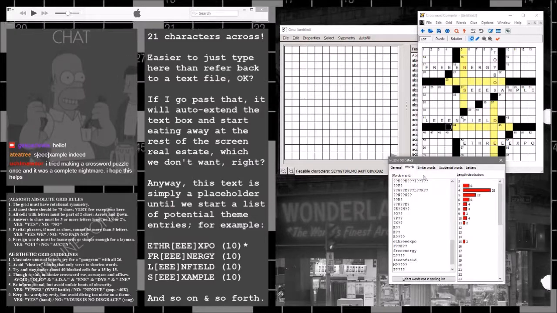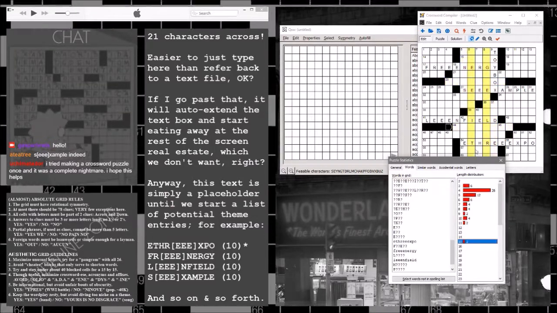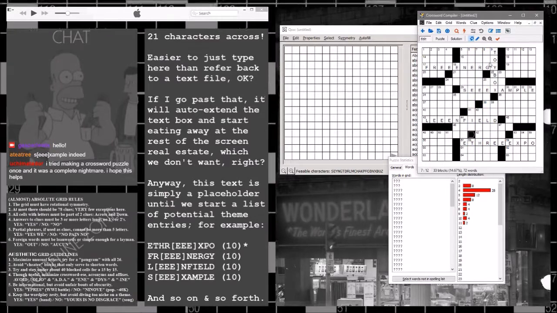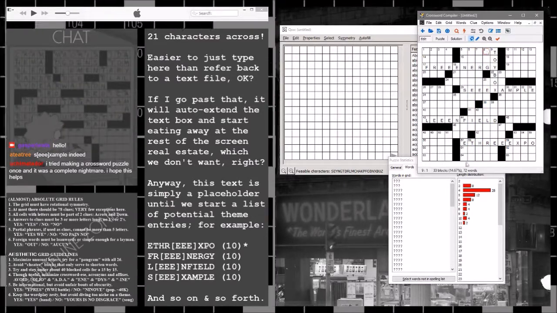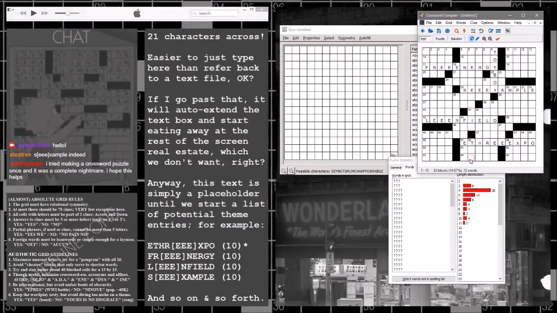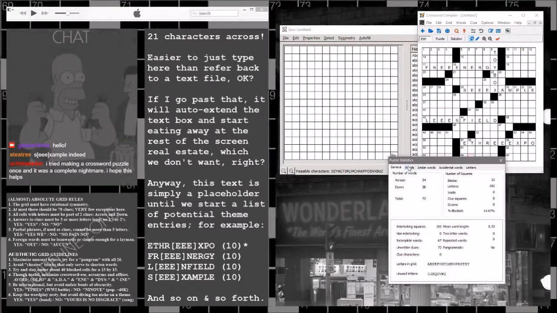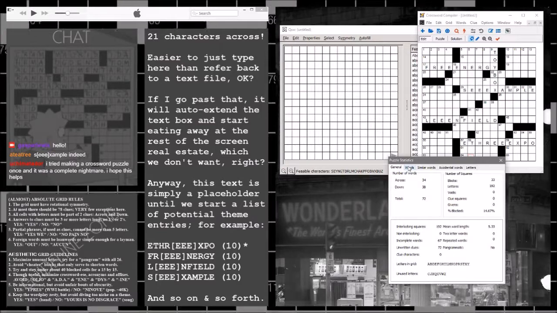All right, so we want to cut off these two, and we want to put them somewhere where they'll help. So probably the best place would be here. 3-letter words that end in G and 3-letter words that start with T, there's plenty of them. So let's see, that puts us at 72. So that means we can probably put